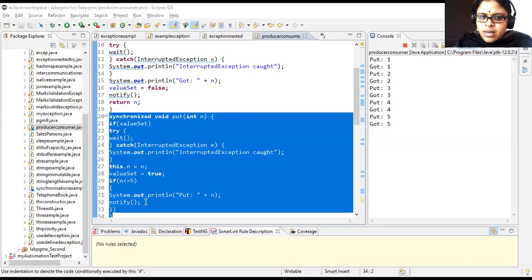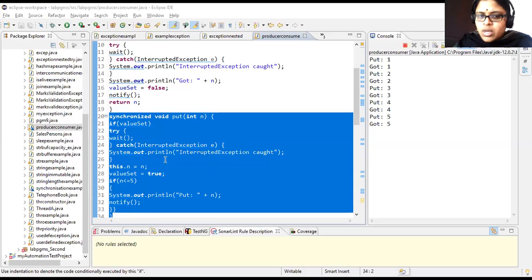So now see here, when this thread is telling to notify, which thread is telling it to notify? Put is called by which thread? Producer thread. So when the producer thread gives a notify, that is your notify method, if any thread is waiting, your producer is telling that it has completed its work and the other thread can resume its execution.